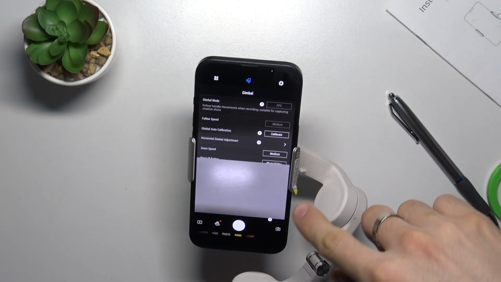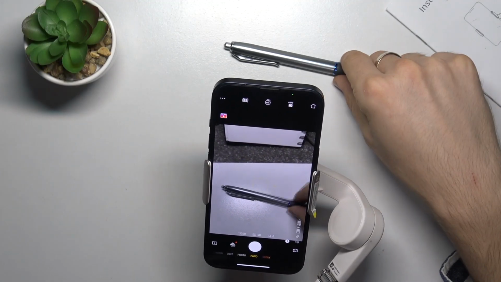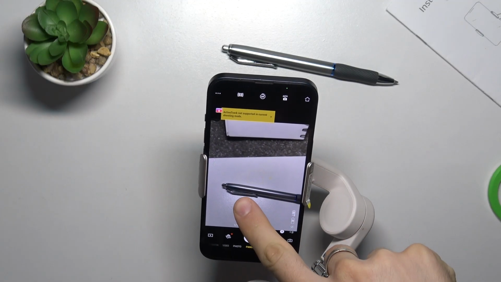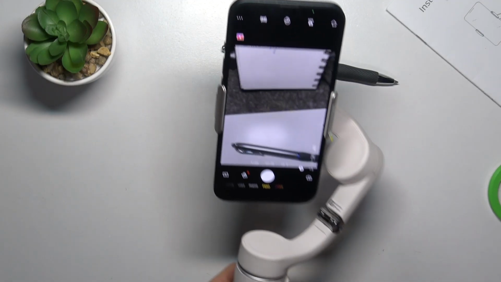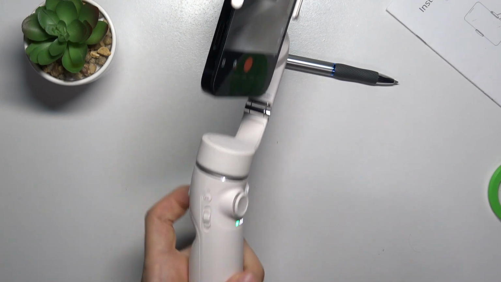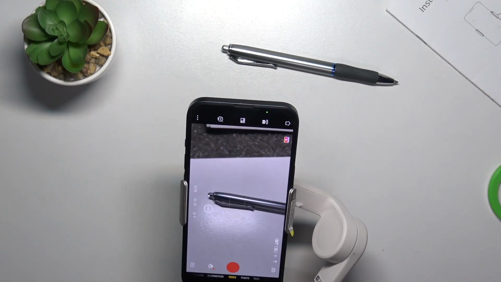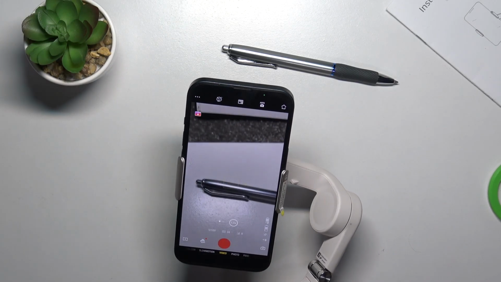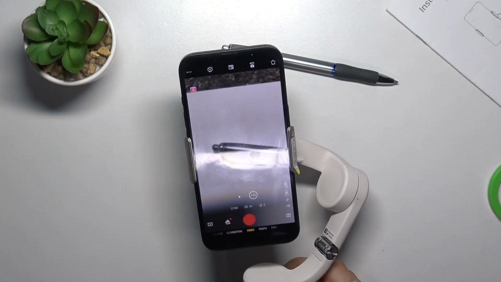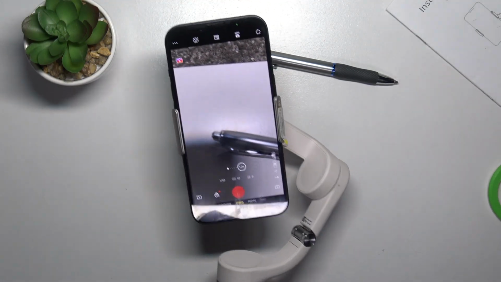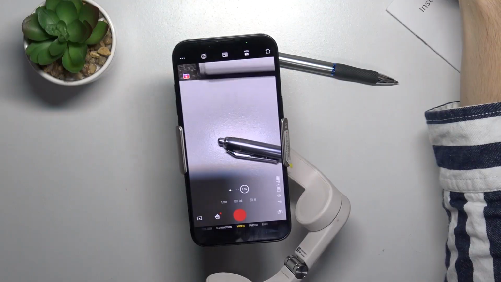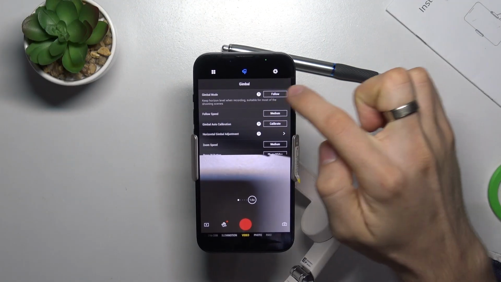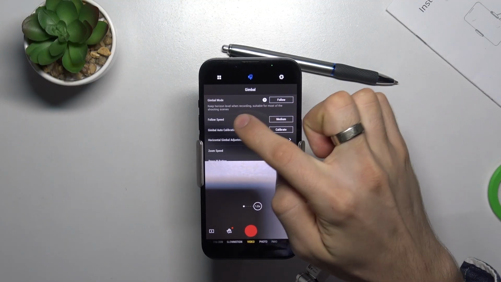But to change it, firstly we need to enable the following. So just find the object. Active track not supported in current shooting mode. Okay, we need to change the shooting mode. To change the shooting mode, we need to click on the M button on our device. Here we will enable the video mode. And now when we are in the shooting mode, it's not too easy to record in this way, so sorry. So click on the three dots button, and here you'll see the gimbal mode, follow and follow